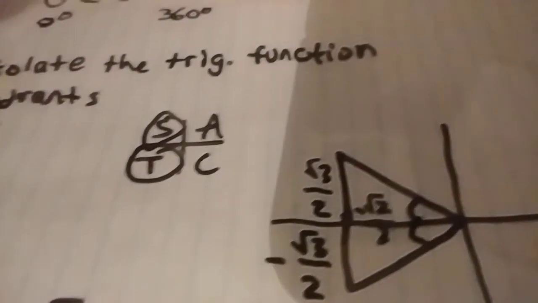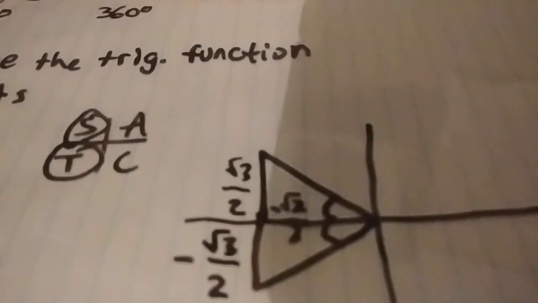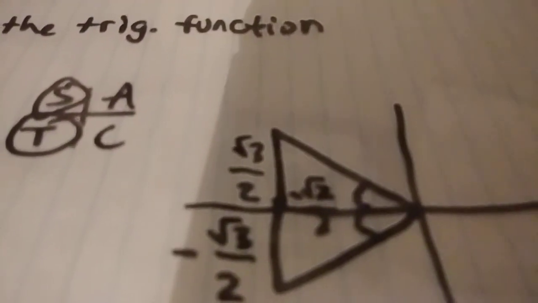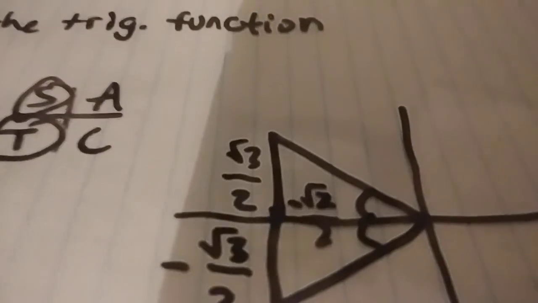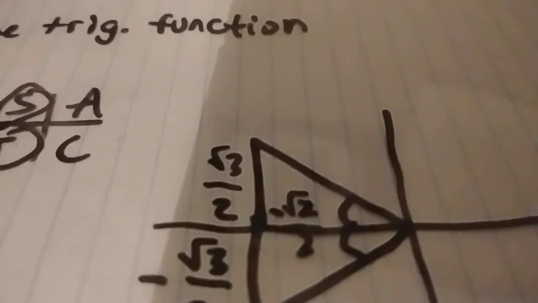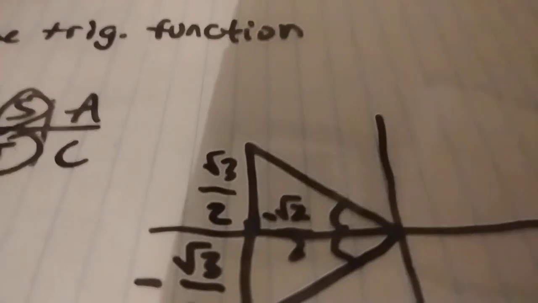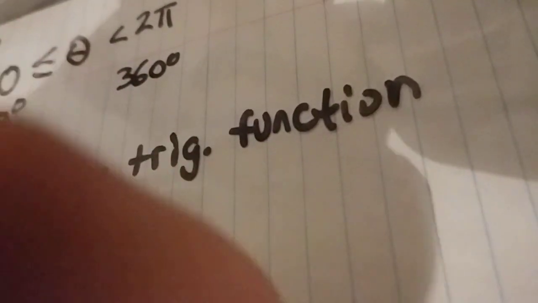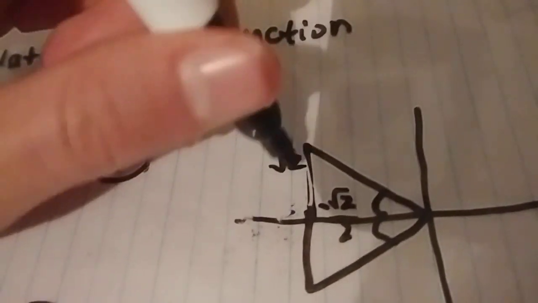And it would be negative down there. And by our rules that we learned from the last unit, across from what angle is the square root of 3 over 2 across from? A 60-degree angle. Oh, wait. Sorry, I completely did that wrong. That would be if it's 1/2. Sorry, that's completely wrong. By our perfect triangle rules, we would know that across from that would also be square root of 2